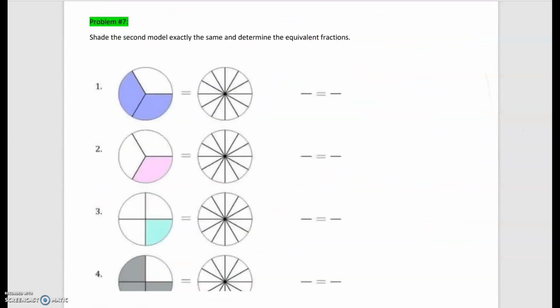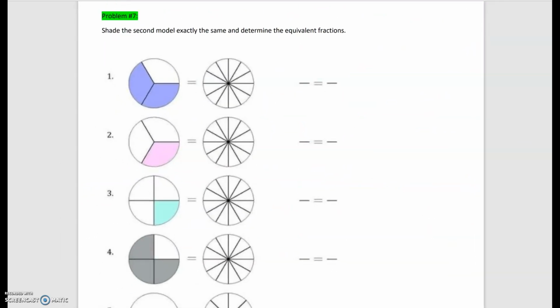Now, problem 7 just has us do a little bit of shading in order to remember that they're equivalent fractions. So notice that the actual first fraction represents 2/3, since we have 3 pieces and then 2 are shaded. Now what they want us to do here is to shade the equivalent. So this is going to be this portion here all the way to here, and this is the equivalent